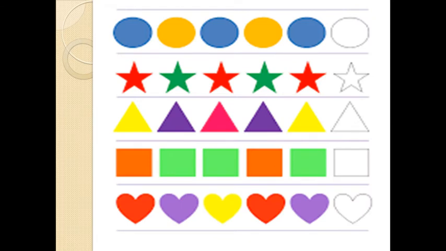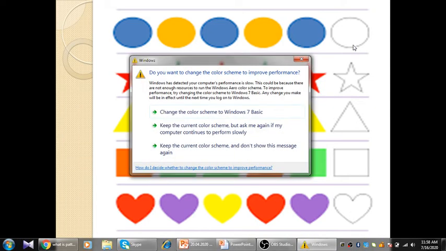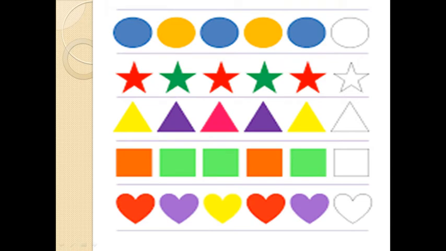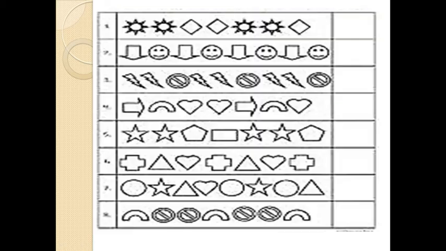Before, I used shapes without color. Now I am using 2 or 3 shapes with colors. See what color will come here. What color? Yes, actually the color is orange. Okay, light orange and dark orange. So here in the star, green. Yes. Here what color? Pink. Here we are using green. And what color in the heart? Yes, yellow. So see, I am using almost every shape and making beautiful patterns.